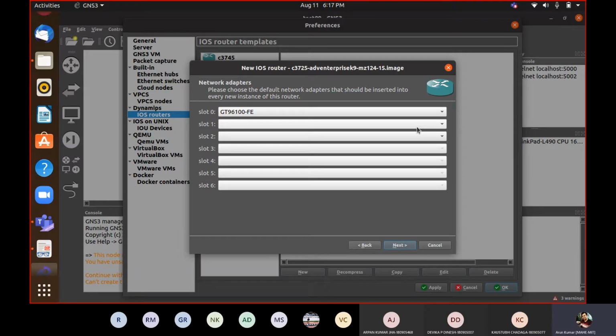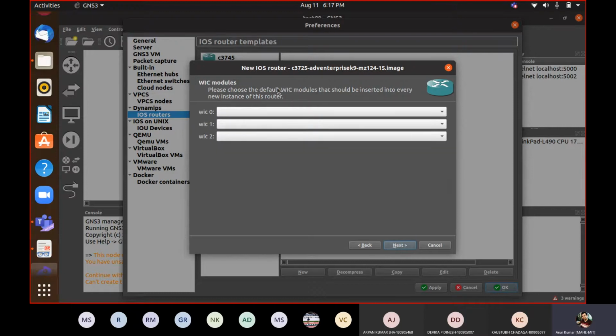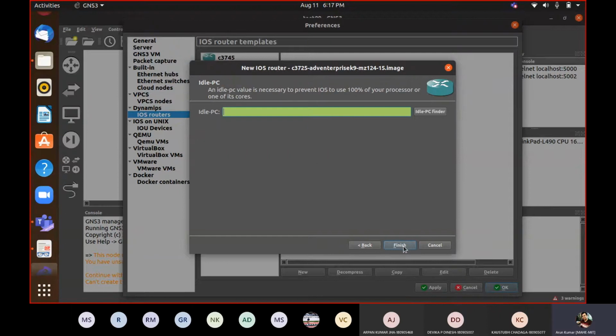So whenever you install it, it will ask you. If your file is already decompressed, then no issue, as my file is. But sometimes you may get a file which is compressed, so it's always good to decompress it first. So we'll go ahead. Now this is for the wireless part. We're not making any change.